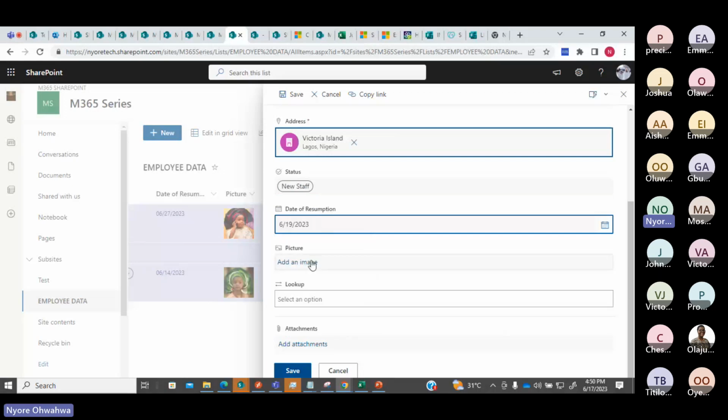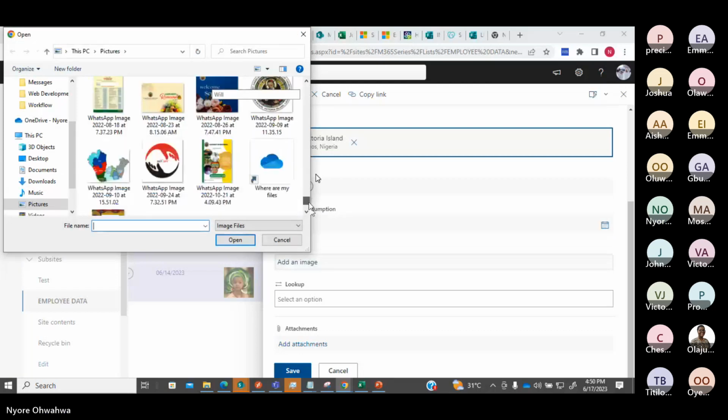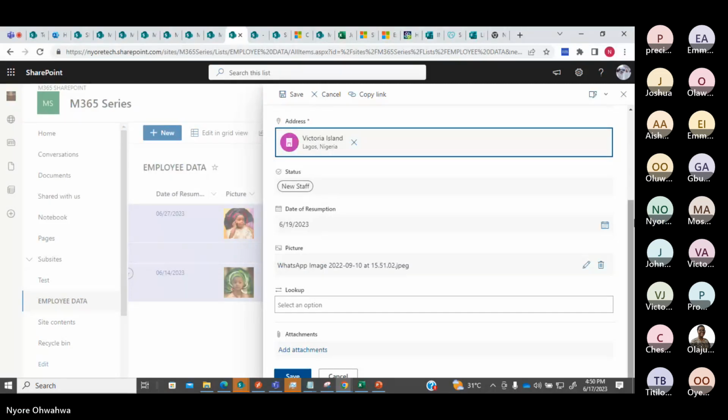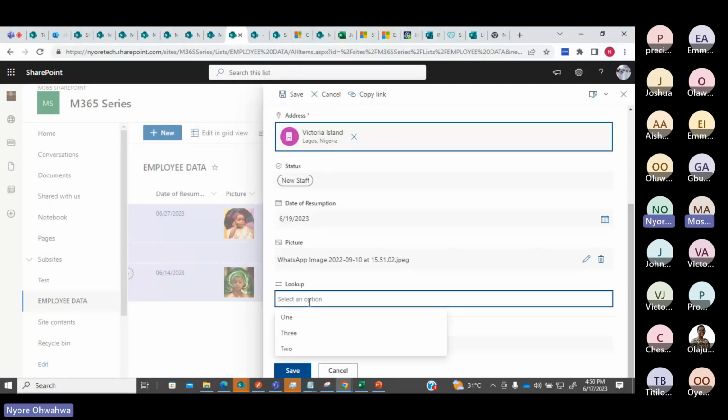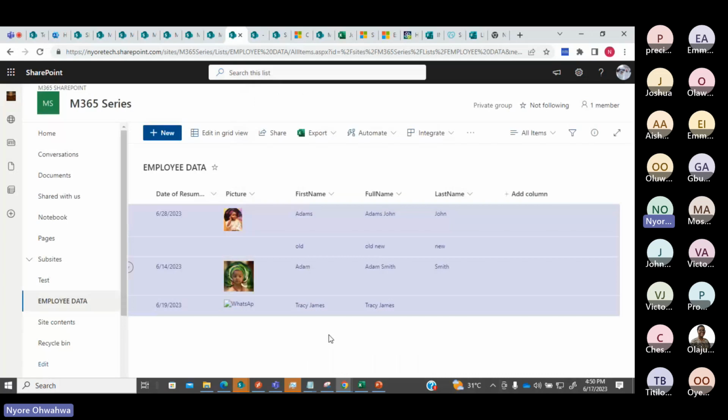Add an image. I'll just add any image. Okay. So lookup column. You see the three options that we created on that column, they automatically appear. So I pick any of those and I save. Okay, so that is what a lookup column basically does.